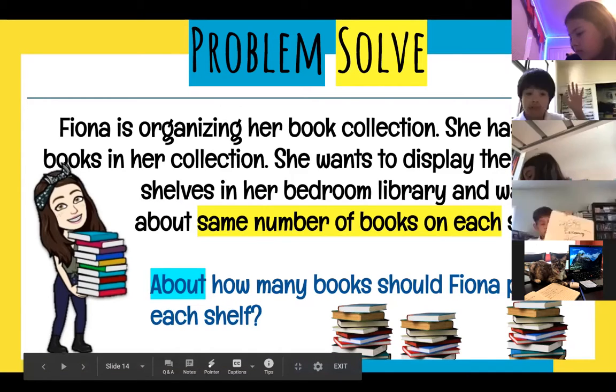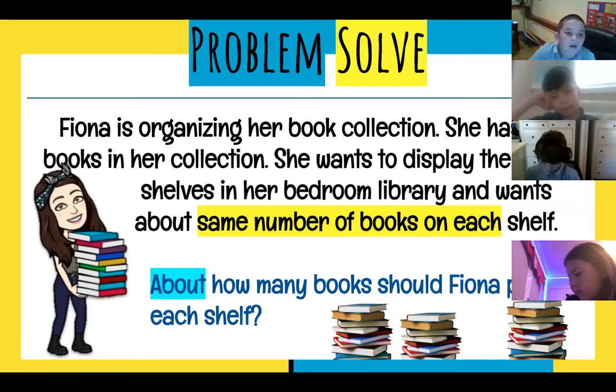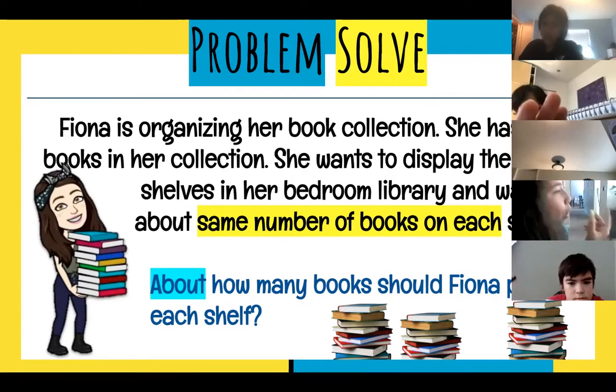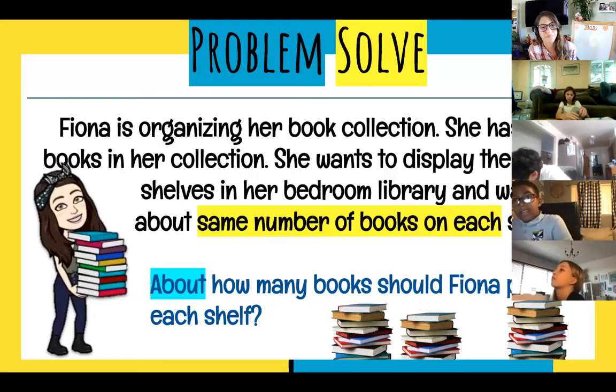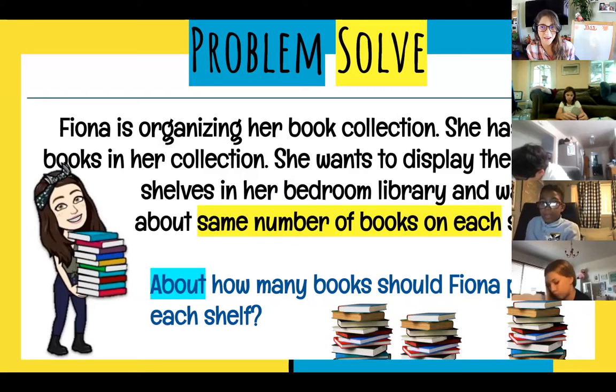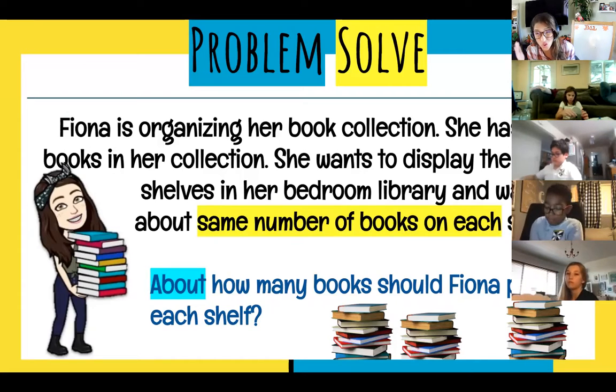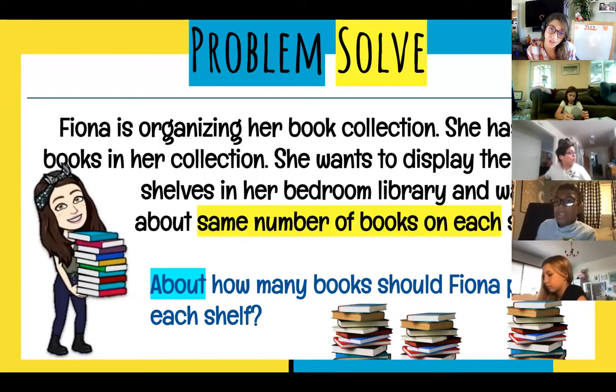Nobody sees clues. I have one. You have one? Yes, Dominic. If you see the last sentence, it says she wants to display them on 5 shelves in her bedroom library and wants about. And that's the estimating word. What about and then same number of books on each? Same number, right? When you split something up equally, you're putting them in equal groups,